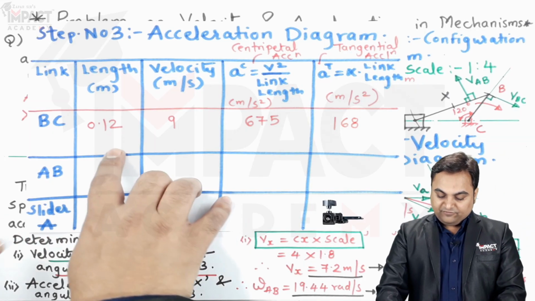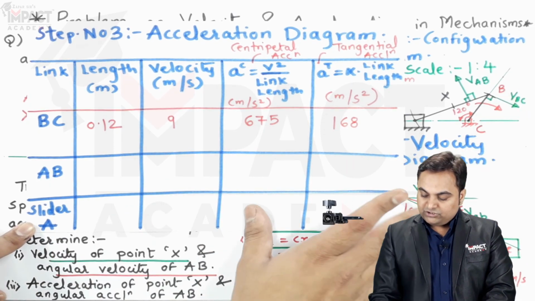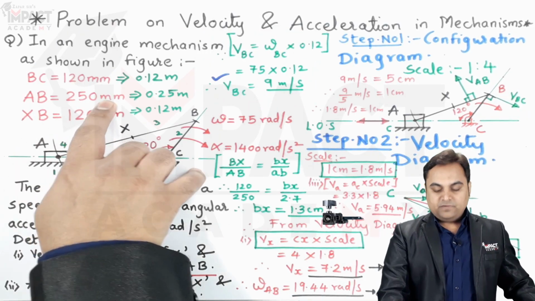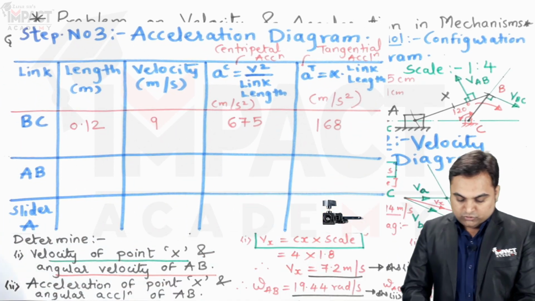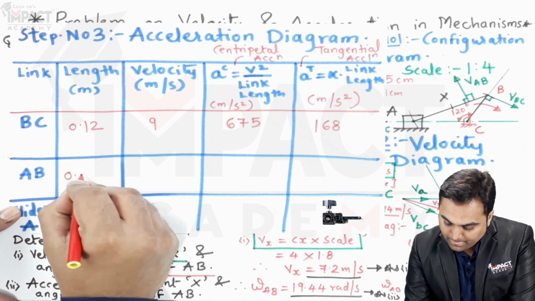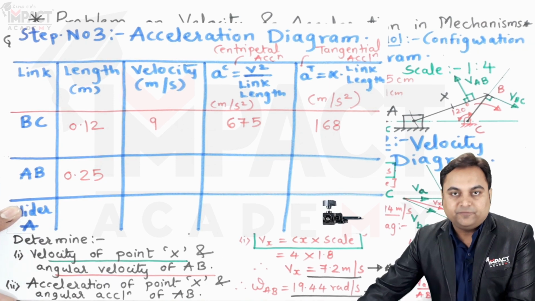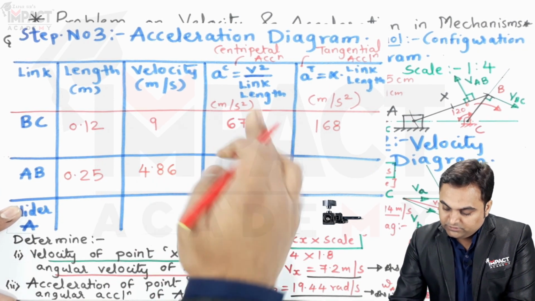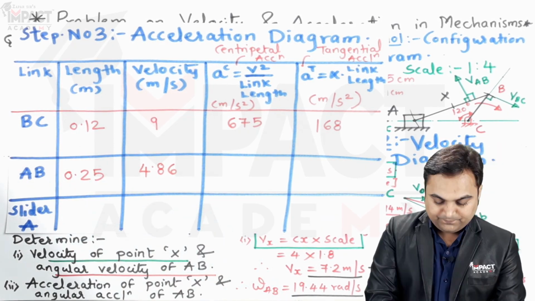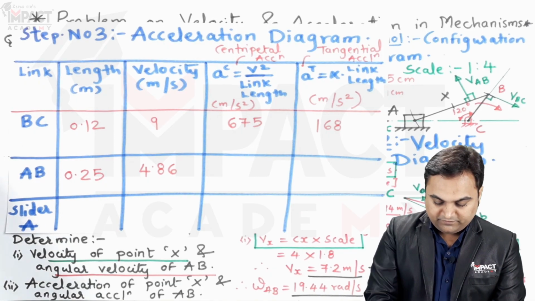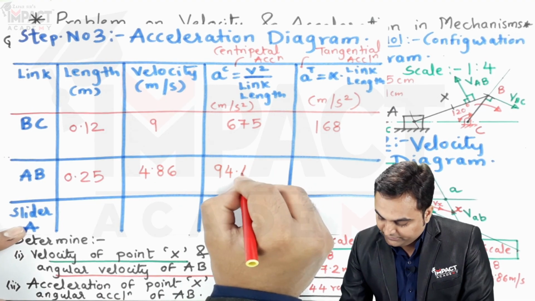Now after completing link BC, I'll go for link AB. Link AB, the original length is 250 mm. In terms of meter, it is 0.25. So remember to take it in terms of meter. Velocity of link AB we have calculated, it is 4.86 meter per second. The centripetal acceleration is this velocity square divided by link length, that is 4.86 square divided by 0.25, and the answer is 94.48